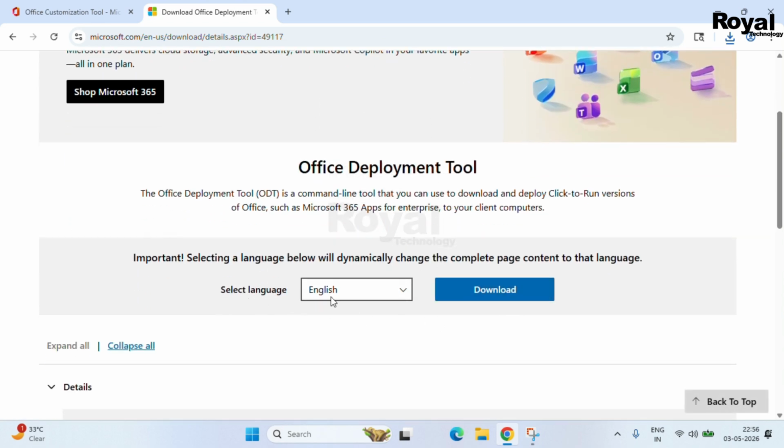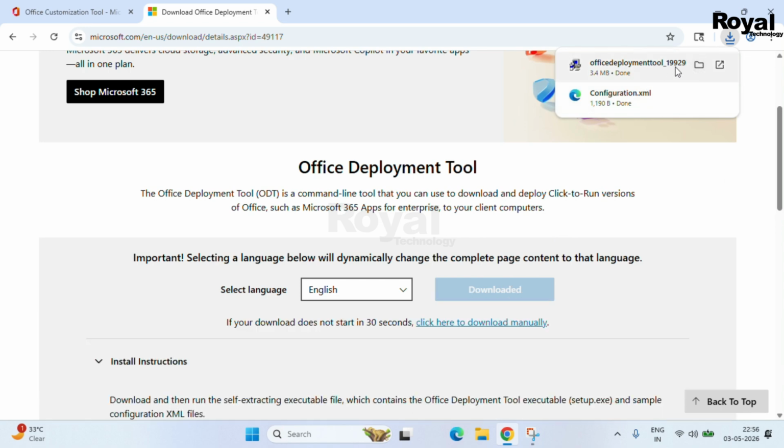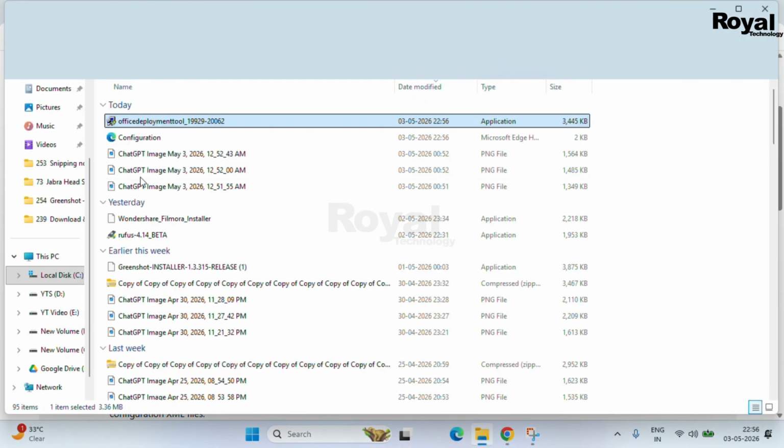From here, don't change the language, simply click on download. Immediately it will download a small file. You can see both the files are very small. Earlier we also downloaded the configuration file, and now this deployment tool is a 3.4 MB file. Once it is downloaded, simply go to the download folder,